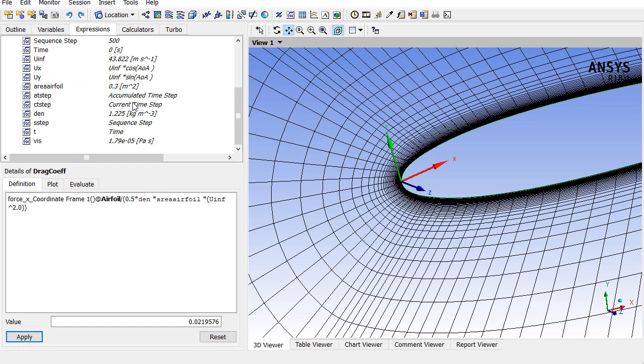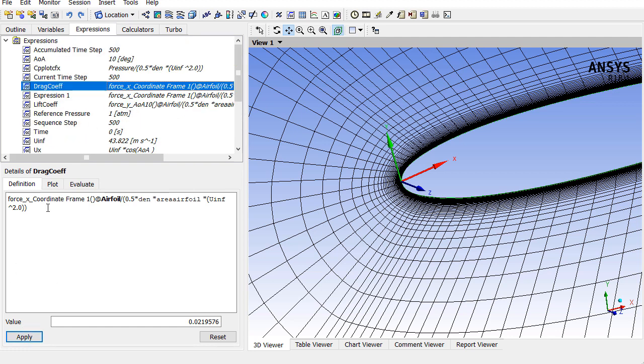So we are able to successfully define the new expression, the same expression for drag coefficient but with the coordinate frame number 1.